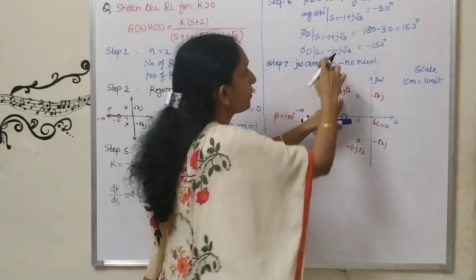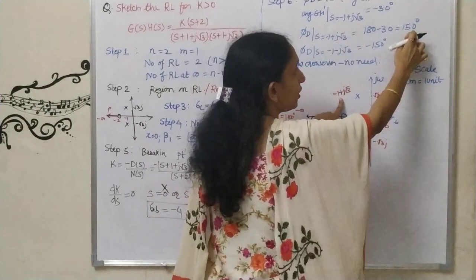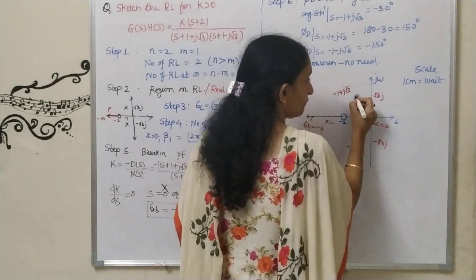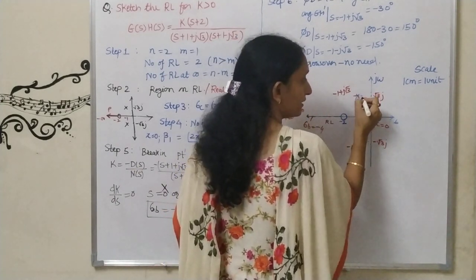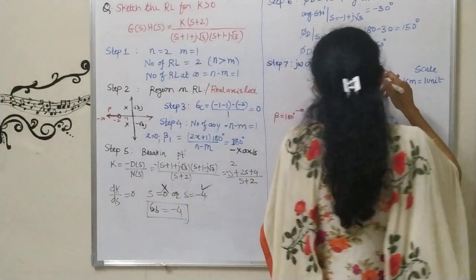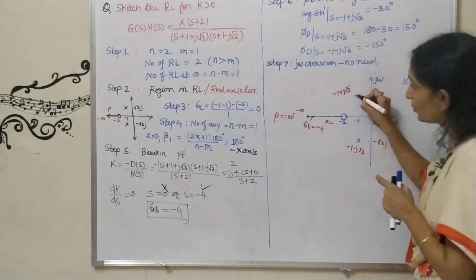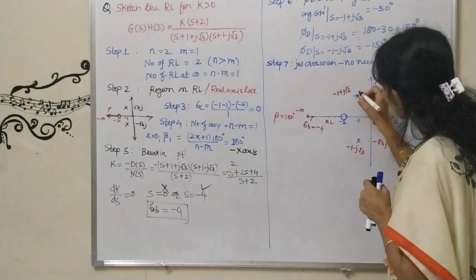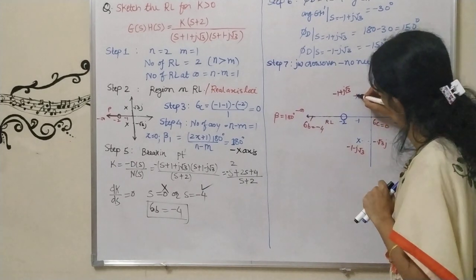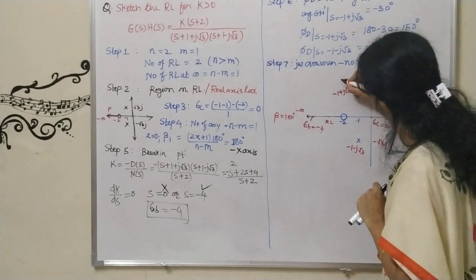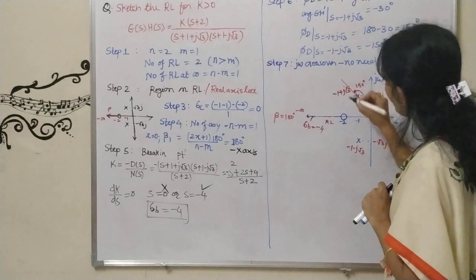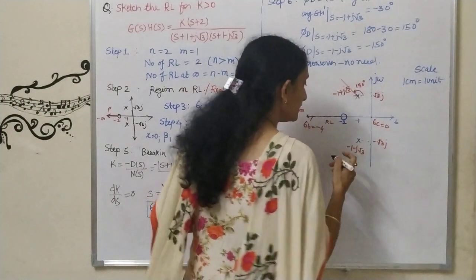Okay. So next I need to show phi d for these two poles. So look at this. For minus 1 plus j root 3, I got phi d as 150. Okay. I told you that what you need to do for this pole, put protractor here and show the 150 degree line. So this point will be your reference point. And from that, see, this will be 90 degree, then 135. So 180 minus 30 is actually 150. So I will show 150 like this. See, 150 degree for this point. Okay. And for this point minus 150 degree.